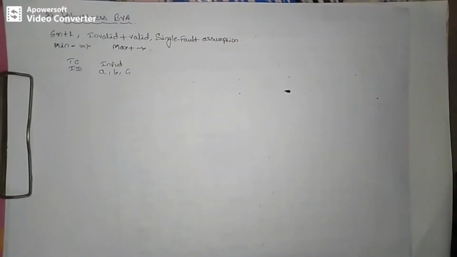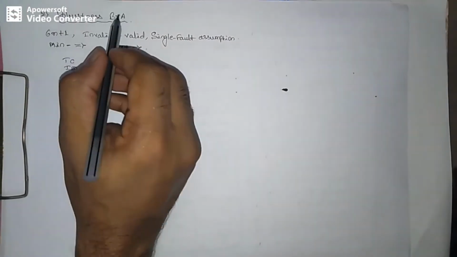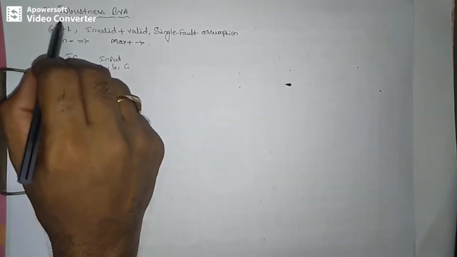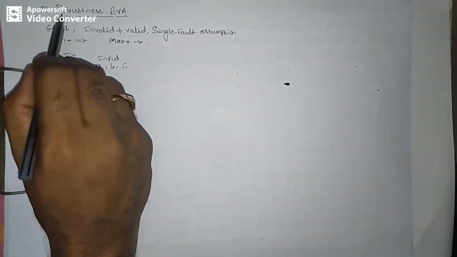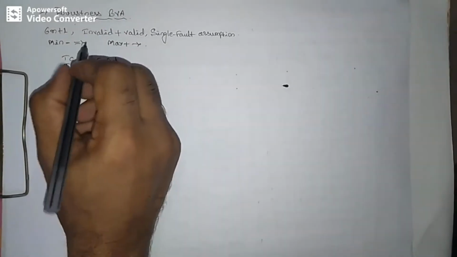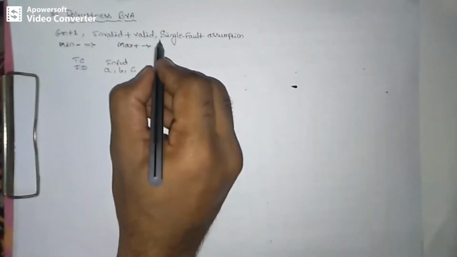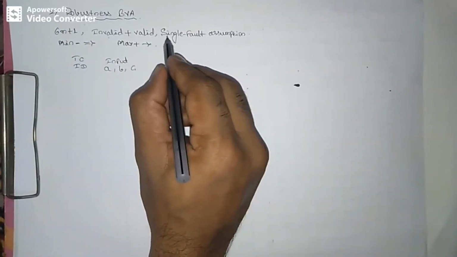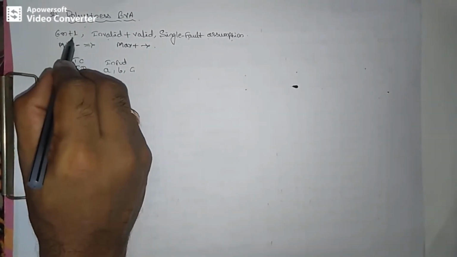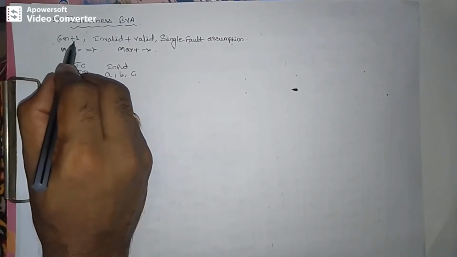Now we will move to the second method, the robustness boundary value analysis method. In the last video I explained the robustness. Robustness indicates invalid inputs. Along with the valid inputs, we are specifying invalid inputs, and the test cases are specified based on the single fault assumption. The formula to calculate the number of test cases under the robustness boundary value analysis method is 6n plus 1.